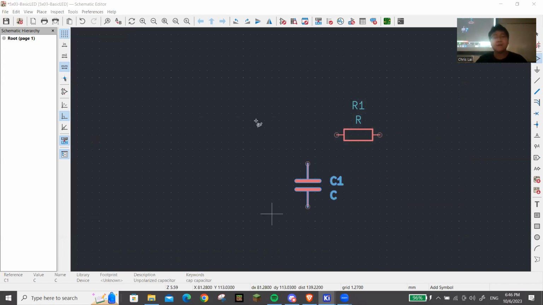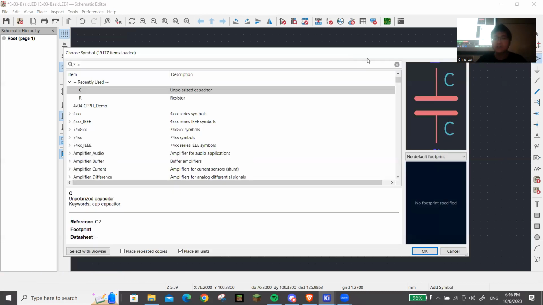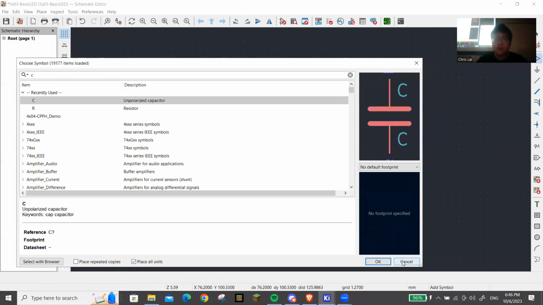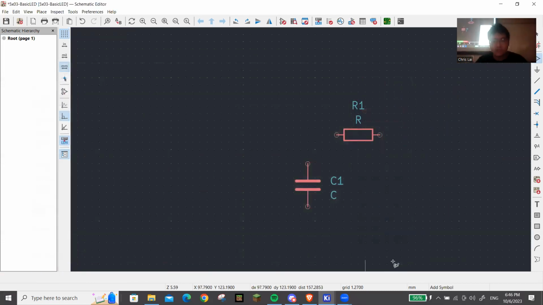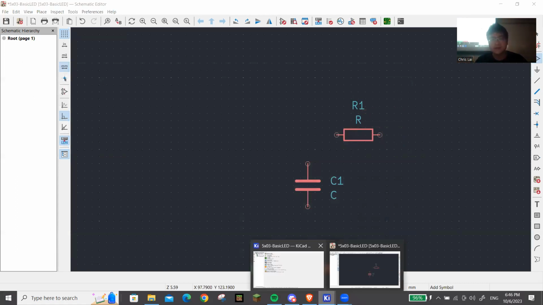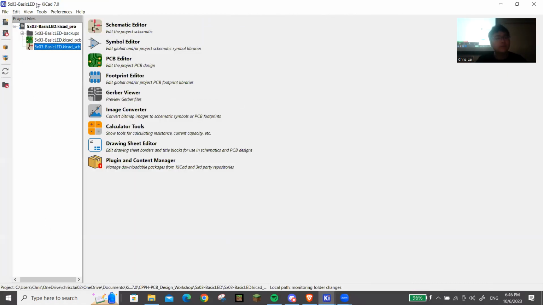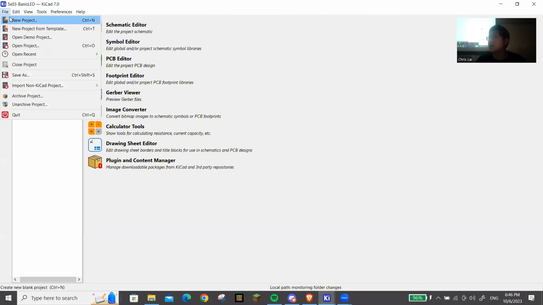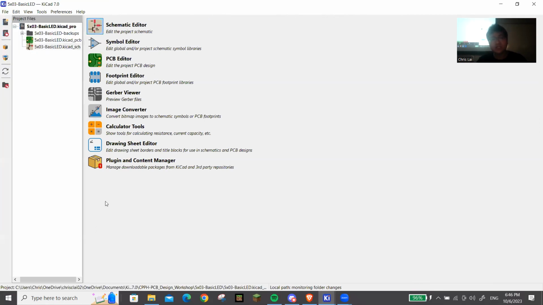How do you open that minus difference? Henry, if you have KiCAD 7.0, you should be able to, you might be on the main menu actually. So if you are on the main menu right here, you should be able to go to File and create a new project. After you create a new project, you should have the files open on the side, and you should have a schematic menu. Make sure to click on the grayish icon and not the greenish icon, because the greenish one will take you into the PCB design